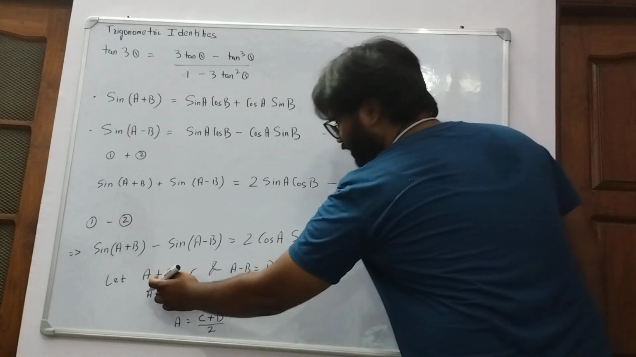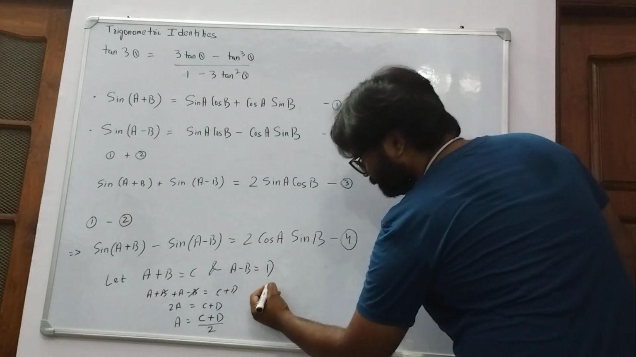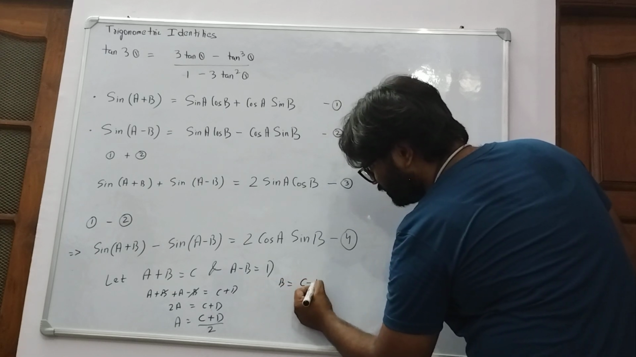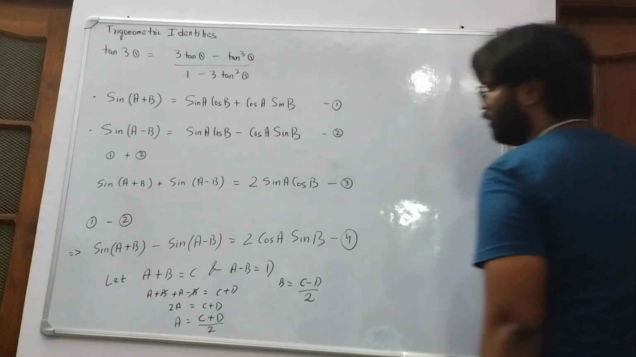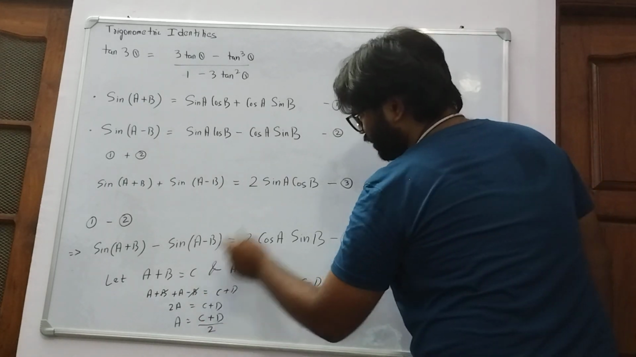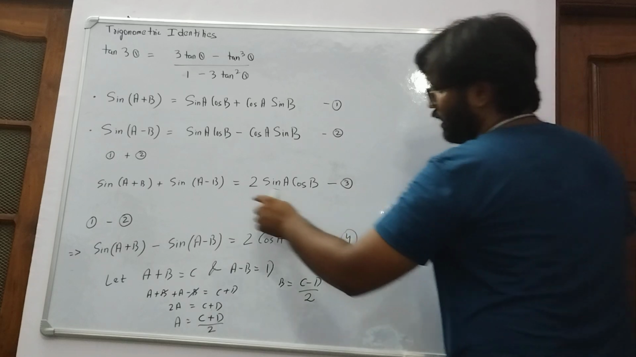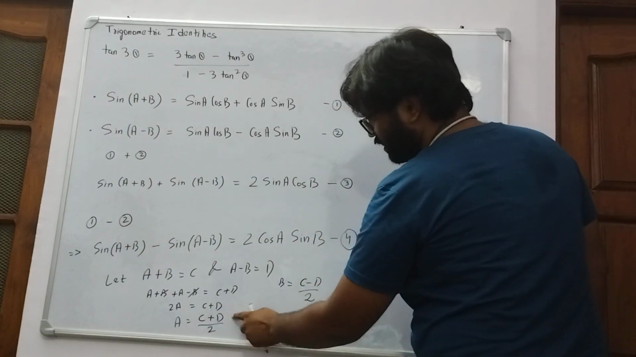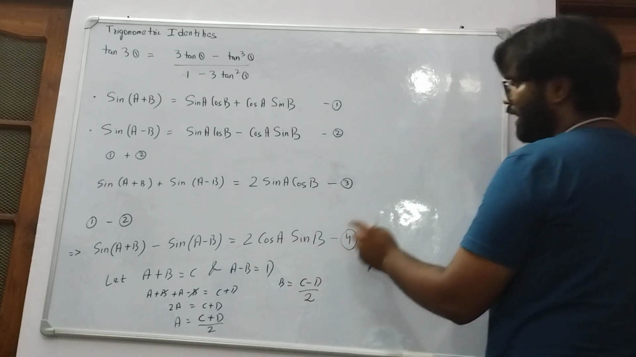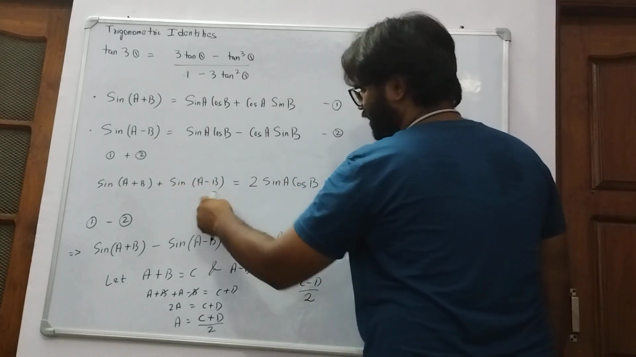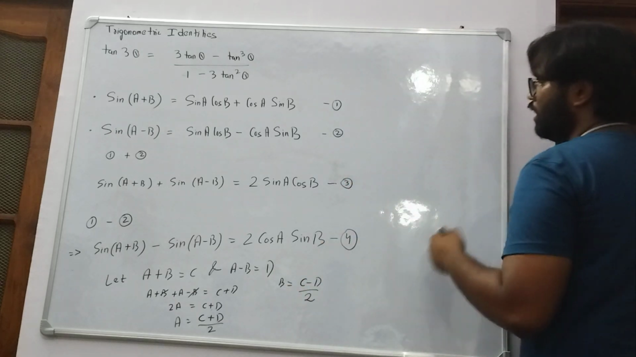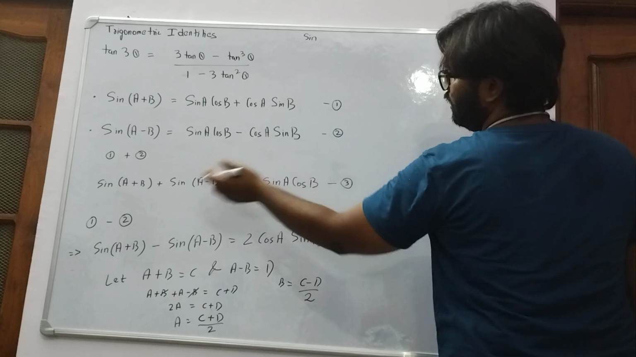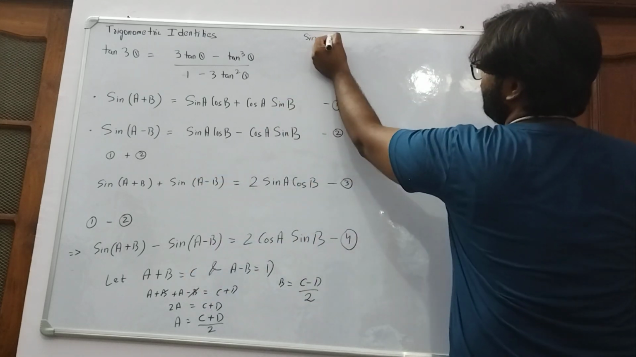Similarly, if we subtract these two, we will get b is equal to (c minus d) by 2. Now what we are going to do is in equations 3 and 4, in place of a and b, we will simply write (c plus d) by 2 or (c minus d) by 2, and in place of a plus b and a minus b, we will write c and d. So our other set of formulas will be: sin(a+b), so a plus b is c, so sin c